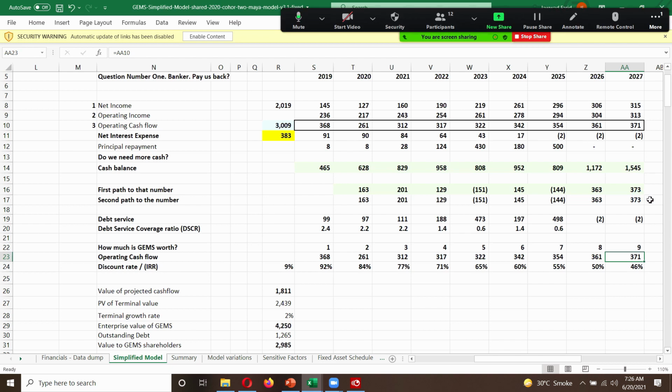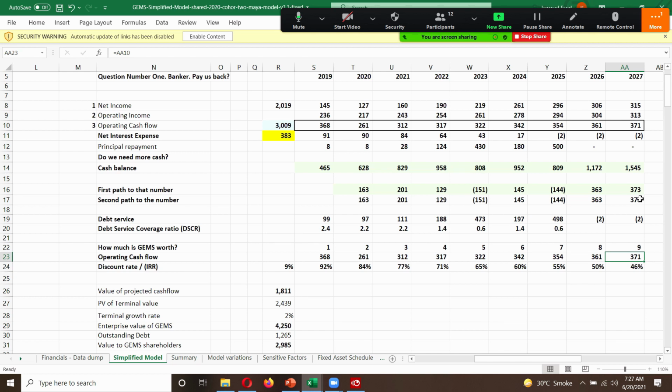Now, given the fact that GEMS is a large part of the education system, it's not a small school system. It roughly represents about 50 to 60% of school-going students in Dubai. And then it has a couple of schools in Abu Dhabi and a couple in Sharjah. But for Dubai itself, it's got a big, thick chunk. So in that specific market, if GEMS is already 50 to 60%, it's going to be difficult for it to grow at a much faster rate than the local economic growth. So we cap it.